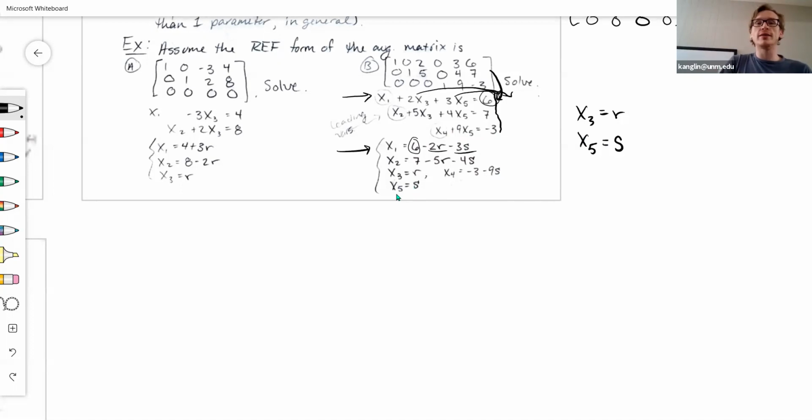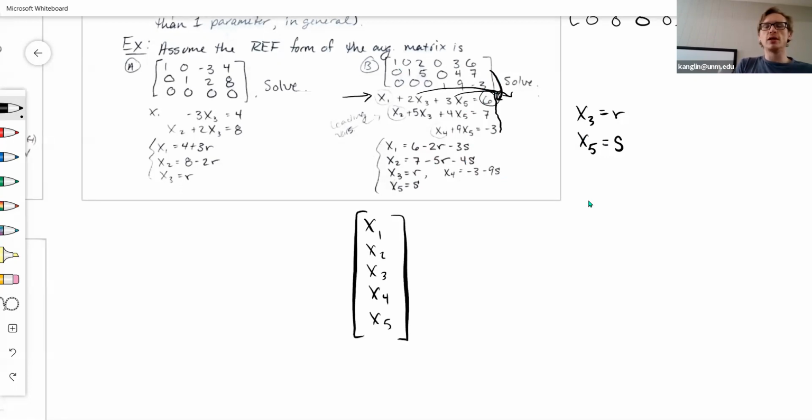So in that way, we do get this completely explicit formula for the solutions x1, x2, x3, x4, and x5 that will solve the system this augmented matrix came from. I do want to do this one more time since I think it's important. Let's see how to decompose this the way I've mentioned a couple times. We write our solution as a column matrix. We can write it as 6, 7, 0, negative 3, 0,